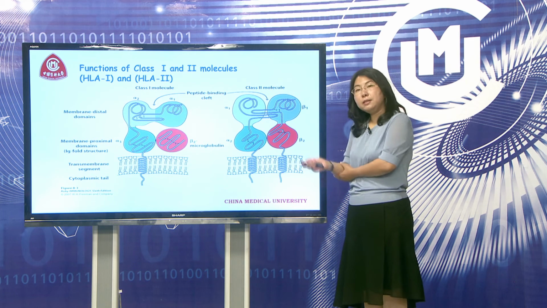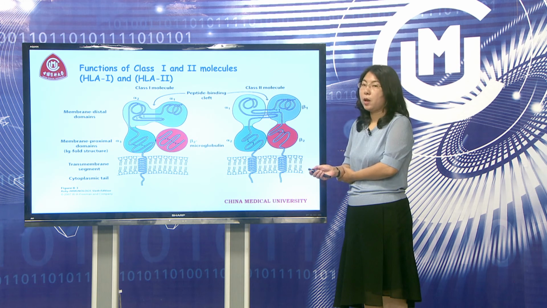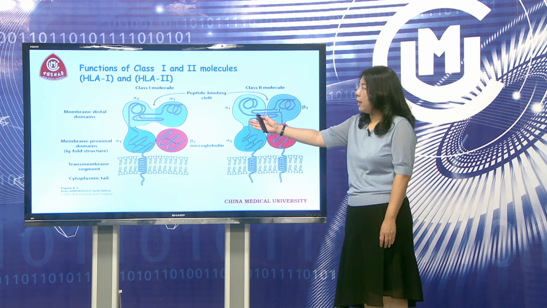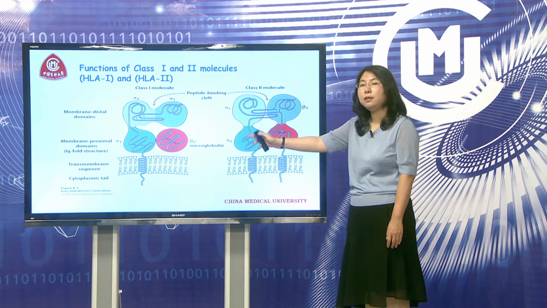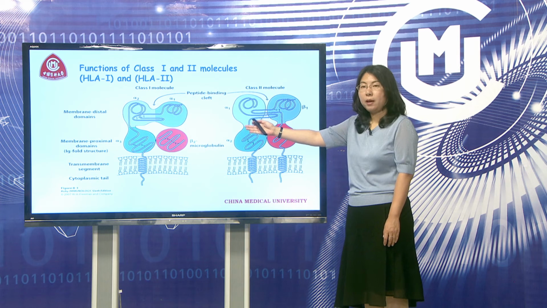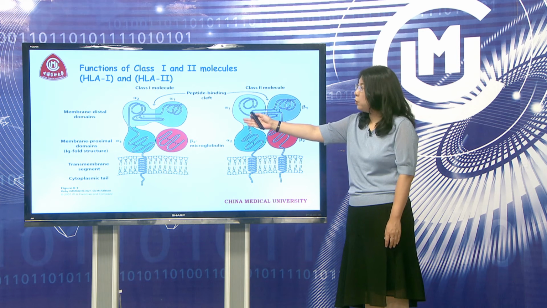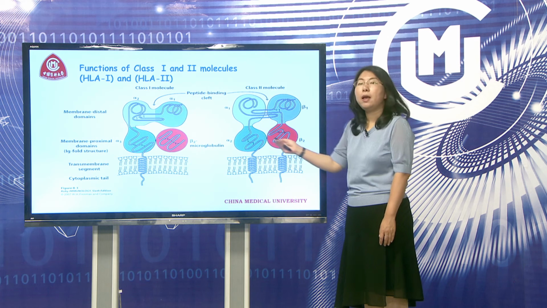So this is the structure for class 1 and class 2 molecule. Class 1 molecule has one heavy chain, the alpha chain. This alpha chain has 3 domains. The alpha 1 domain and alpha 2 domain present antigen, and the alpha 3 domain binds